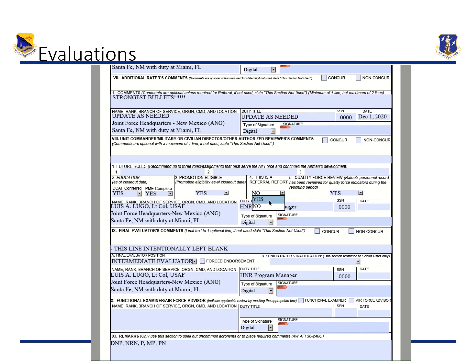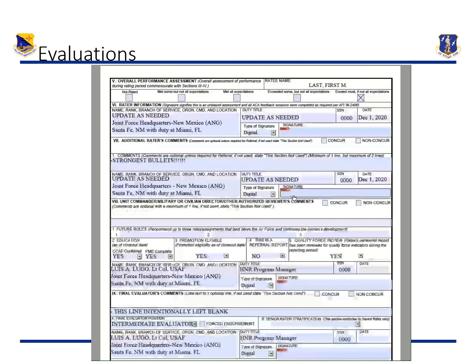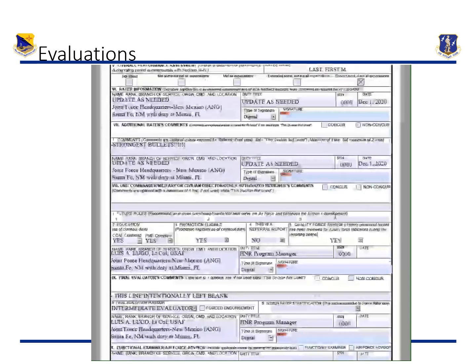If it is a referral report, you're going to have to go with manual signatures for the member. And if there is a quality force review, which should always be yes, and this is usually conducted by the first sergeant, where he looks at the member's PIF, he assesses the member's performance, he looks at all of those factors, training folders, things like that, to make sure that the member has no derogatory information that may discredit the assessment of the rater.